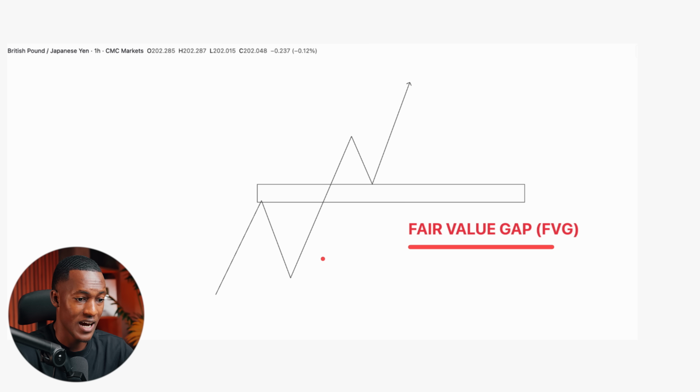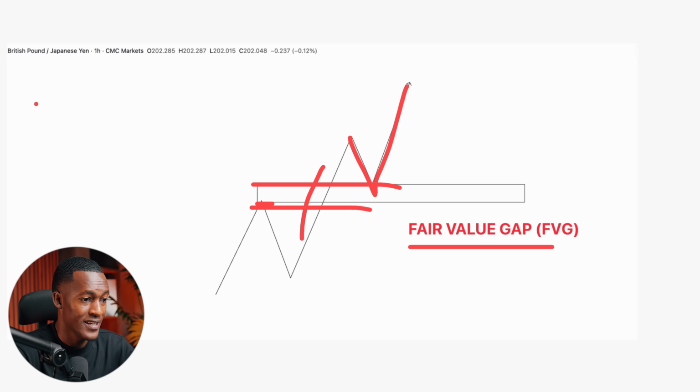Now, this is pretty much how it's formed. Remember, whenever we have, say, a push to the upside, the price is going to move, push to the upside, pull back and then push, and then what happens more often than not is the price leaves these gaps, and we call that fair value gaps. So this means at some point these gaps have to be filled,